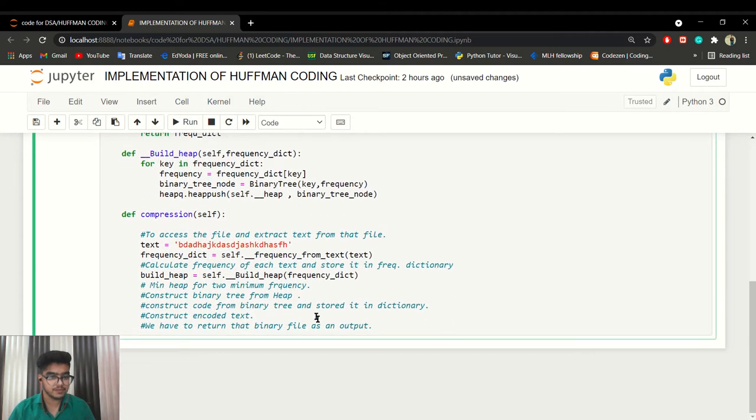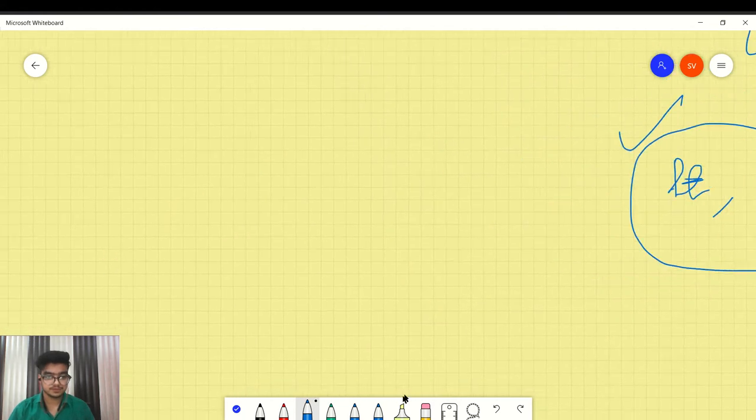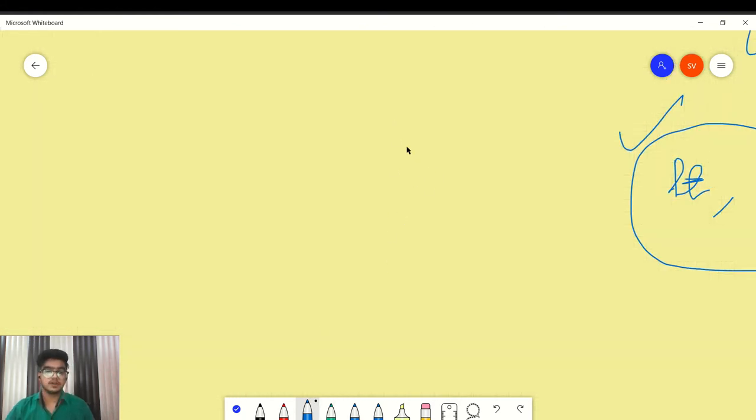Okay, now let's start working on binary tree node. So firstly, let's take the concept of binary tree node and then again come back here to write the code. For now, what we actually have is a heap, and the heap consists of nodes. Let's create nodes.